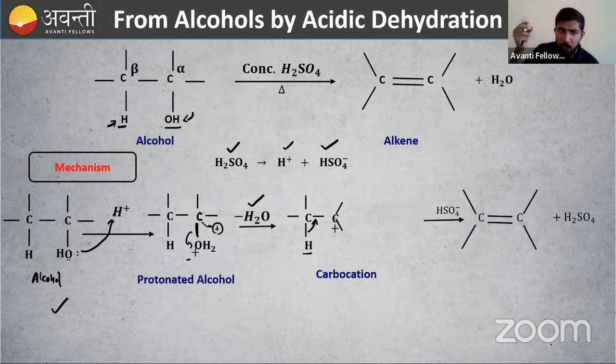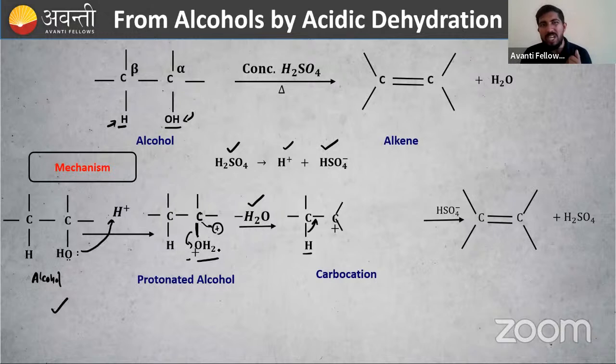H plus, that is a proton, right? So to this alcohol, one proton is coming. So what is formed? OH2 plus. A proton and an alcohol, we can call it a protonated alcohol, right? Actually this OH group is not ready to leave the system. We have to remove the OH, then only an alkene will be formed. That is why we are doing protonation. This OH2 plus group is ready to leave the system. Then this carbon-oxygen bond we have to break. This oxygen will take all the electrons from this bond, so it is negative. Negative and positive, neutral, so I will get water.